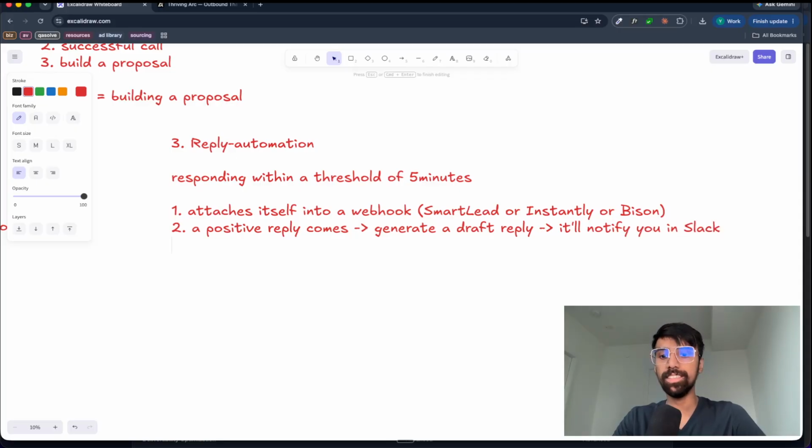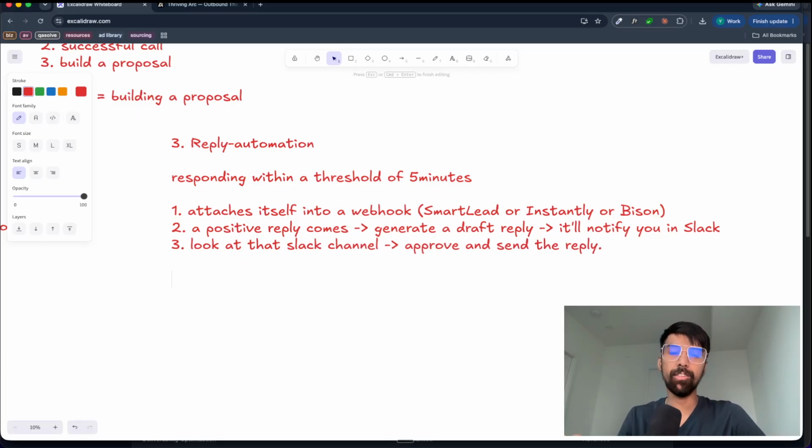And what you'll do is look at that Slack channel and then approve and send the reply. And this can all be done within 1 to 2 minutes. 1 minute to generate the reply, and the second minute for you to review the reply and send it. And most of the time, if you have done your job right, which is capture your voice properly, the way you write,